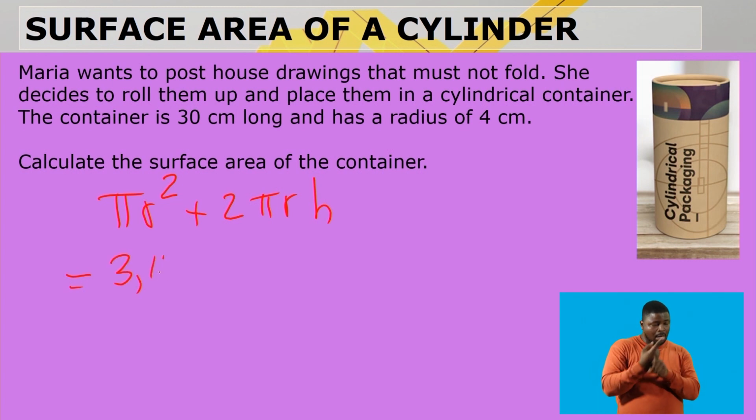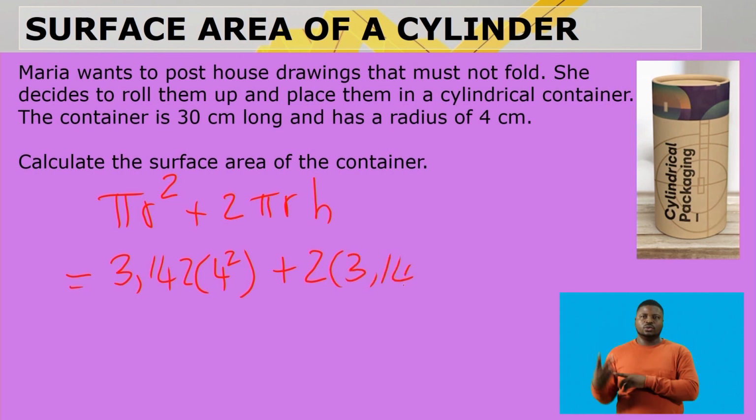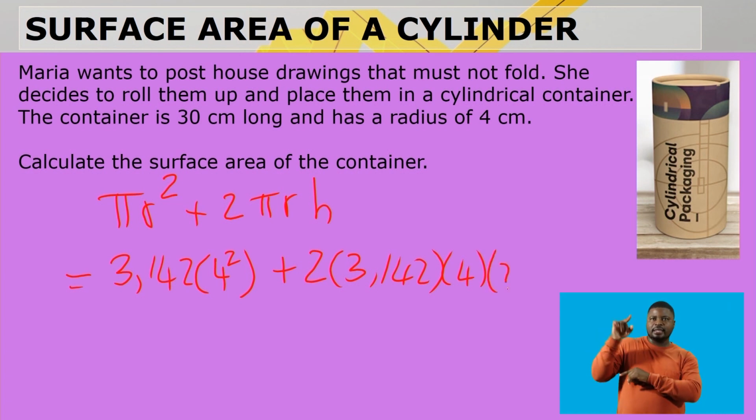Pi is 3,142, that will be given, times the radius of 4 centimeters squared, that will be given as well, plus 2 times 3,142 times the radius 4 times the height of 30. And then your answer is